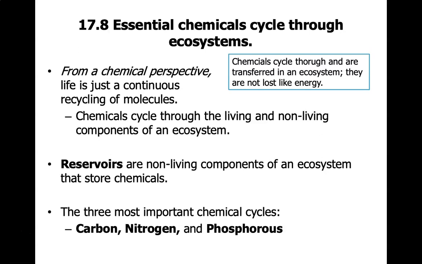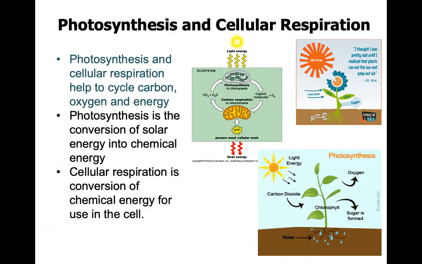Most of these chemicals are contained in reservoirs that are non-living parts of the ecosystem. They're storage banks for these chemicals. And we're going to talk about the three main chemical cycles: carbon, nitrogen, and phosphorus. And then I also threw in the water cycle in here because the water cycle is also important in our ecosystem. Before we go into the carbon cycle, though, I want to take a break and really quickly talk about